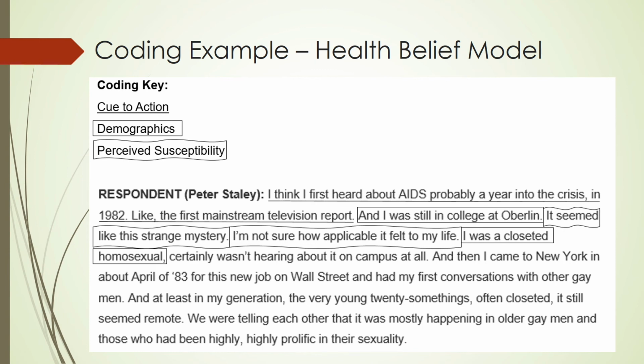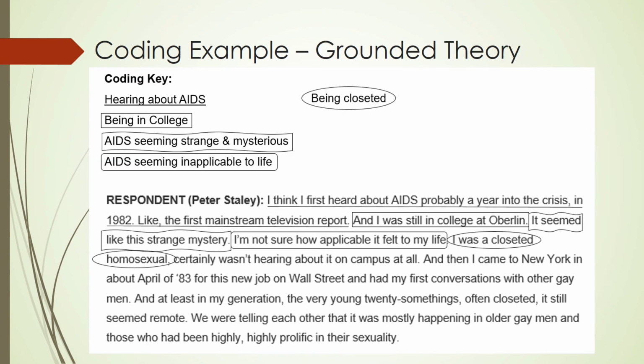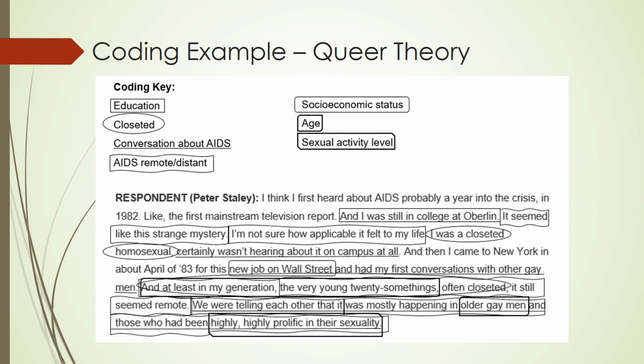But just for contrast's sake, for grounded theory, the coding looks a lot different, in that the initial round of coding, you're basically describing what the text said. So a lot of times you try to use -ing words. So hearing about AIDS, being in college, seeming strange, and so you can see that kind of looks a lot different. And then queer theory